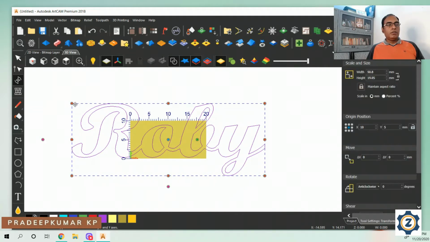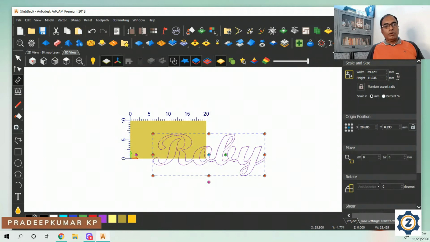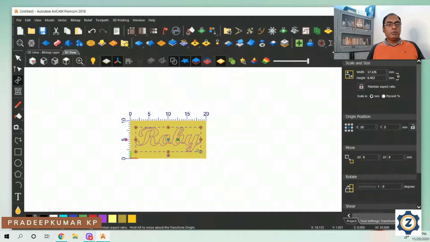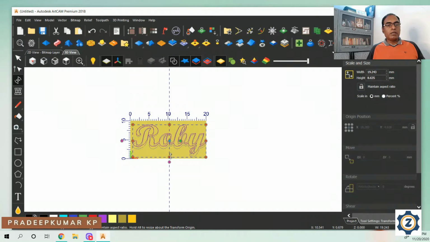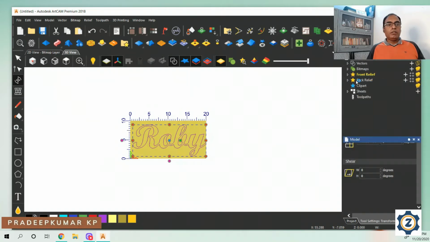This design is already done in CorelDRAW. You can't open the file directly from CorelDRAW in .cdr format. You have to convert it into .eps format, and then you can bring it here. After that you can size it whichever way you want. If you want the exact sizing, you can give the exact sizing. The values are mentioned here. You can give the exact width and height required.